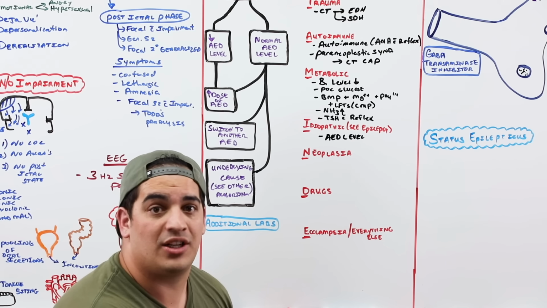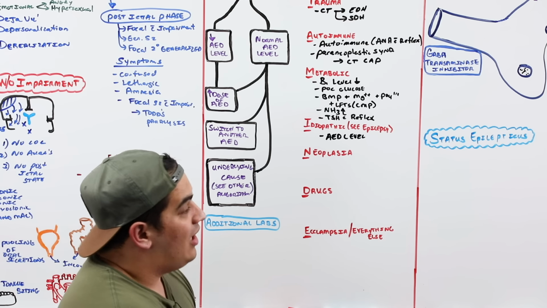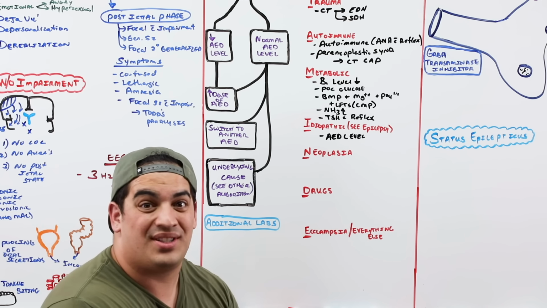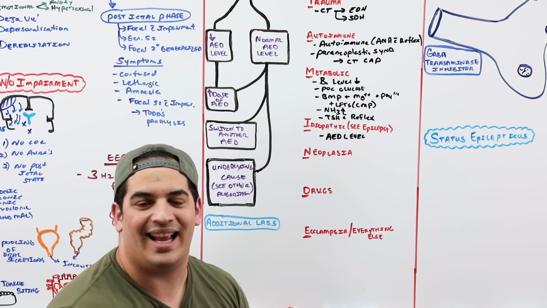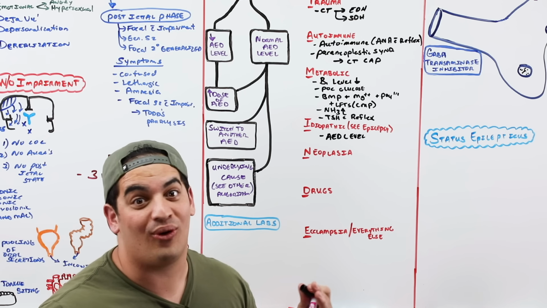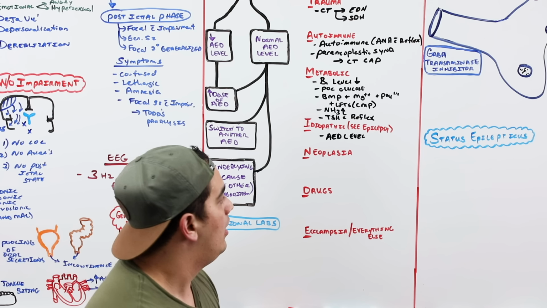They come with side effects, which we'll discuss in a separate video on anti-seizure medications. Sometimes people can be on an anti-epileptic and just stop taking it because of the side effects, or because they're taking it and it's just not at that therapeutic level, or it's just not the right anti-epileptic for them and they need to try another one.